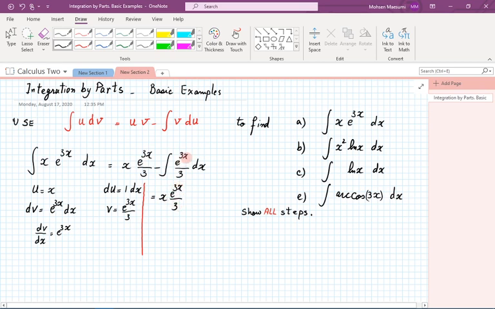Antiderivative of exponential of 3x is going to give another factor of 3 in the denominator, so it becomes exponential of 3x over 9. There was a 3 and another 3 is coming, and in the last stage we have to include that constant. Here we didn't need to bother with that, but here if we don't include this constant we are off. So here's our final answer. So we can write it like this: x exponential of 3x, sorry, is x